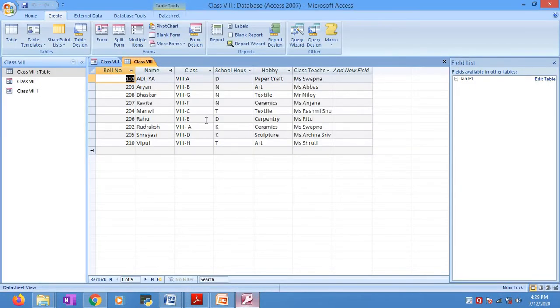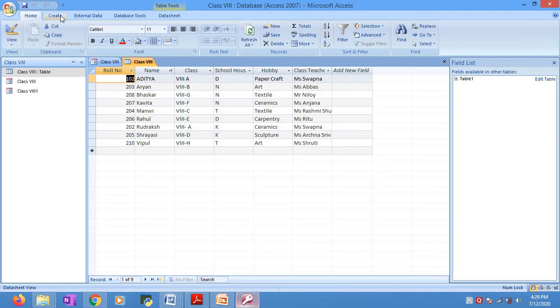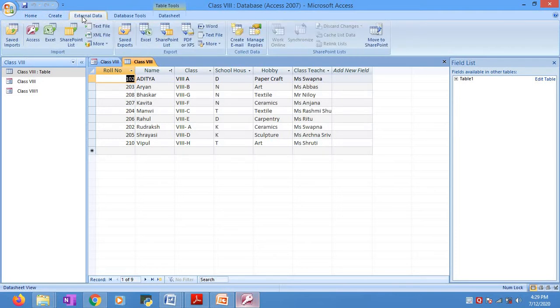There is the table which we worked on in the last class. Now here on the tab bar you see the first one is the Home tab, Create, External Data, Database Tools, and Datasheet. Mine is the old version. The layout of the software depends on the version, so you may have a latest version, and it may differ from the screen on the laptop I'm using.